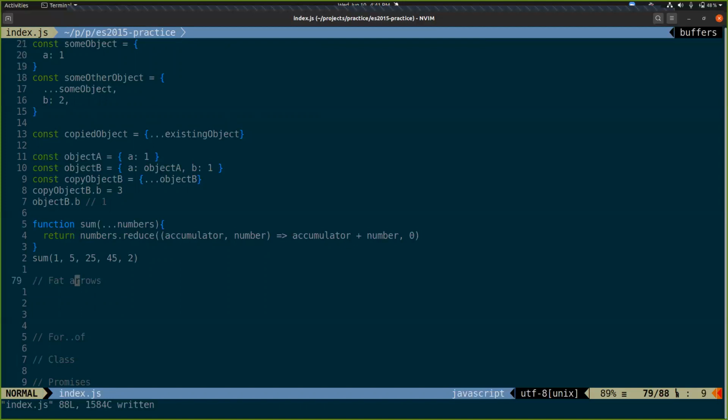All right, let's talk about fat arrows. A fat arrow is just another way to write a function.